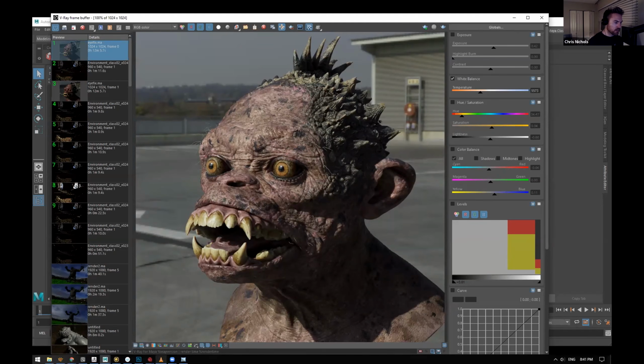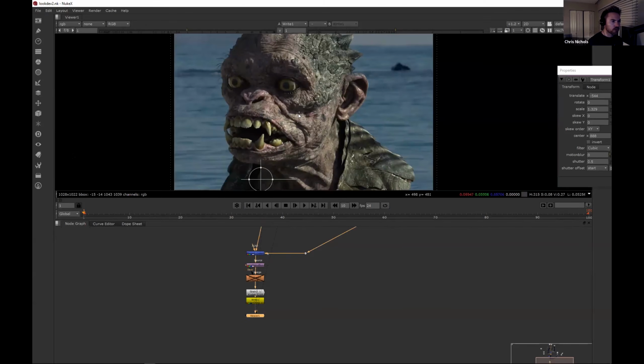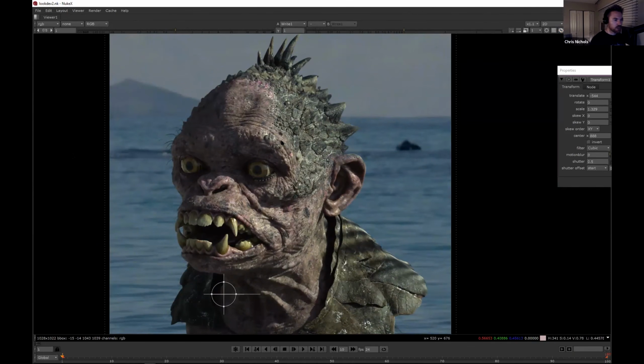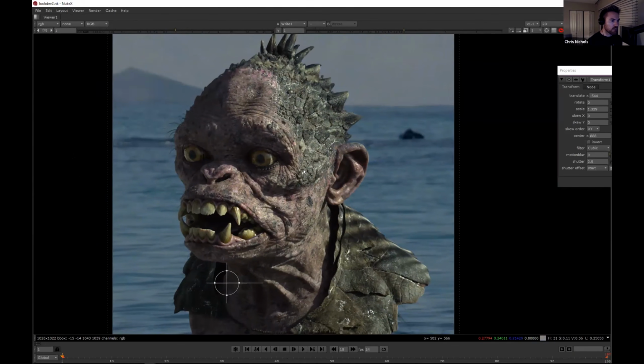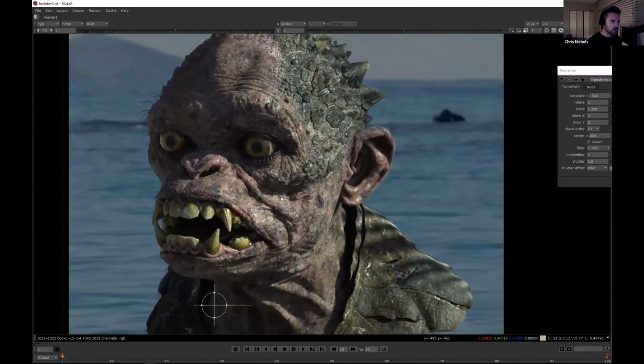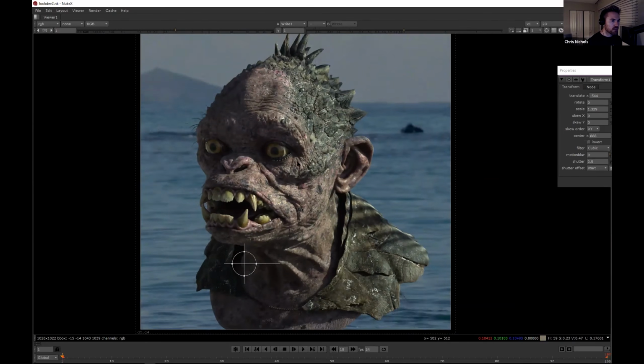And then finally, I wrap everything up by showing you a bit of my compositing workflow as well. Now, I've always been a bit scared of compositing. I've never really been a Nuke person until recently. And I'm really loving what you can do to take it to the next level, adding a bit of depth of field, compositing it with a background plate. And one of the things that I show you is how to isolate certain parts of the face that I want to enhance a little bit, like the dry skin in between the scales here.